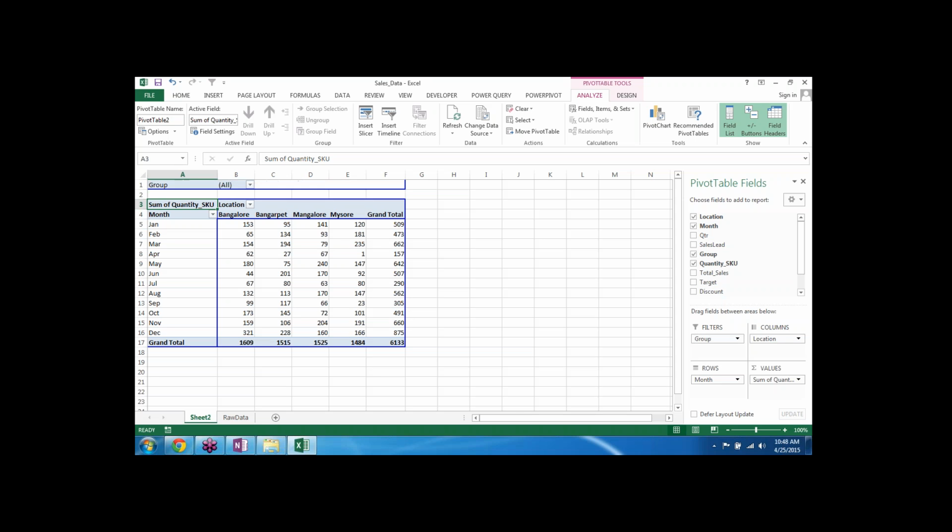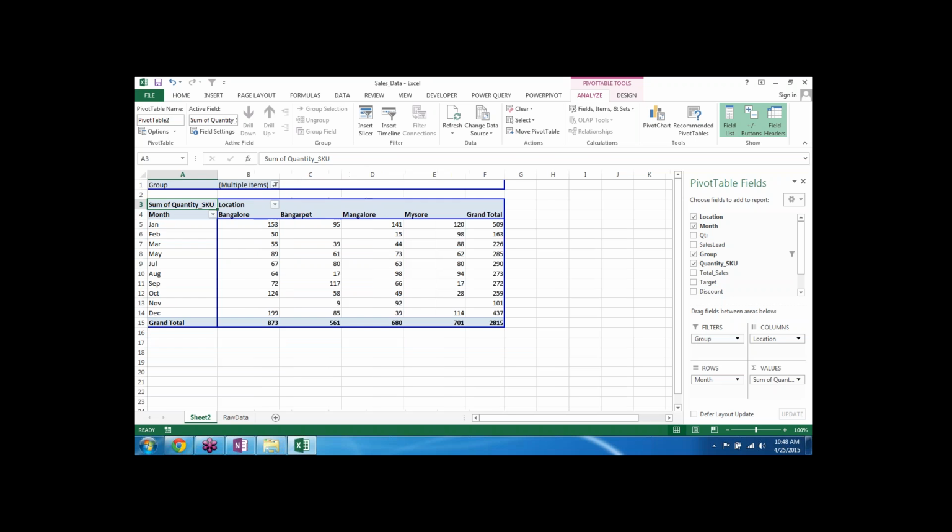Okay. Now by default, it says, okay, all groups are present. Now what you can do, you say that, okay, I don't want other things, I want only laptop or television. Then what you will do, you will just click here and you can just select the items that you want and say okay.